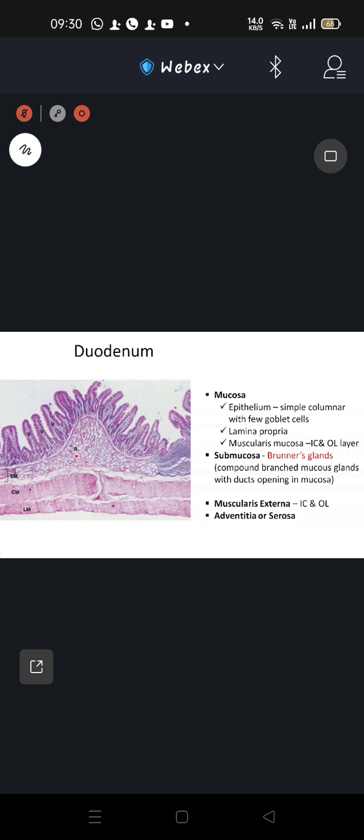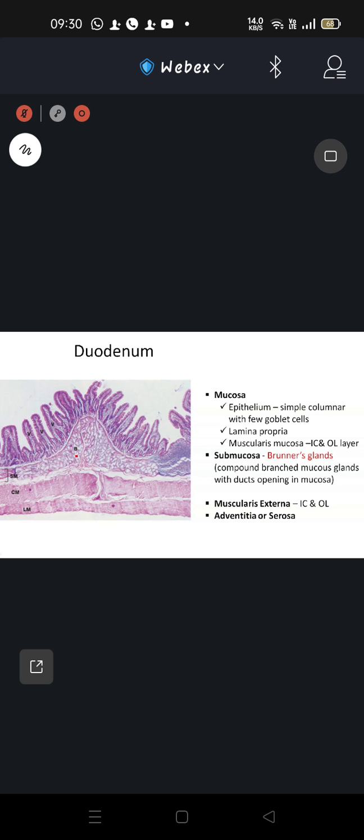The muscle layer shown here, the inner portion showing the stumps, is the circular layer, and the outer portion is the longitudinal layer. The outermost layer is peritoneum, so this is a serosa. So this is the gastroduodenal junction. The difference is that the lining epithelium is invaginating, forming the gastric pit on the pyloric side. It is exvaginating, forming villi on the duodenal side. And the submucosa is deficient of any gland on the gastric, pylorus side, but it is filled with the mucus secreting Brunner's glands on the duodenal side.